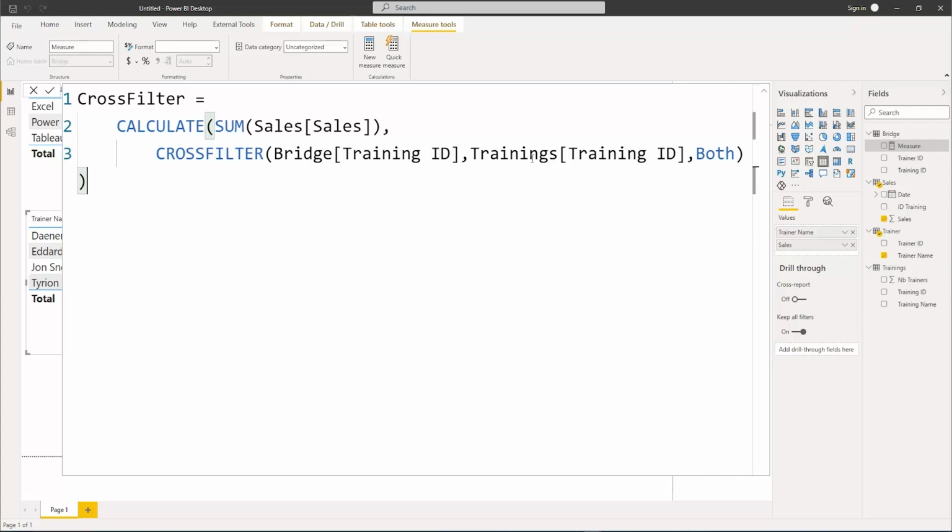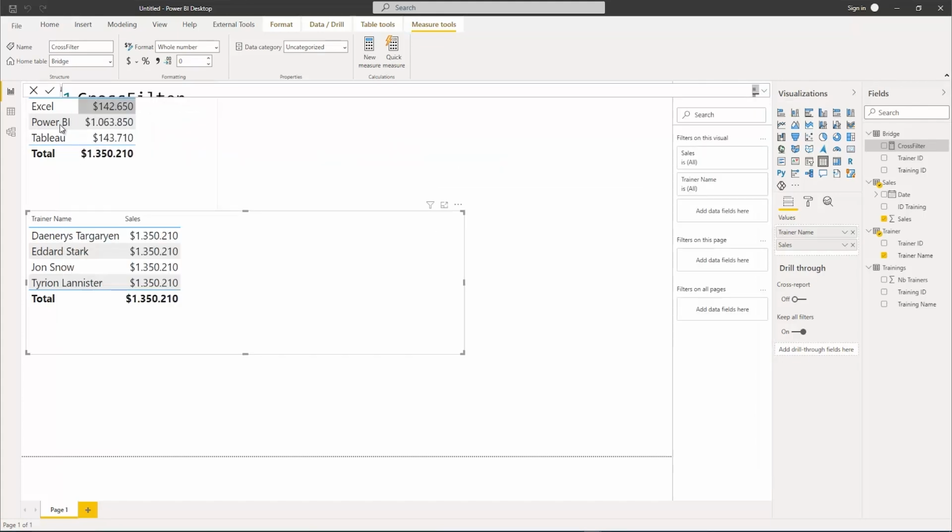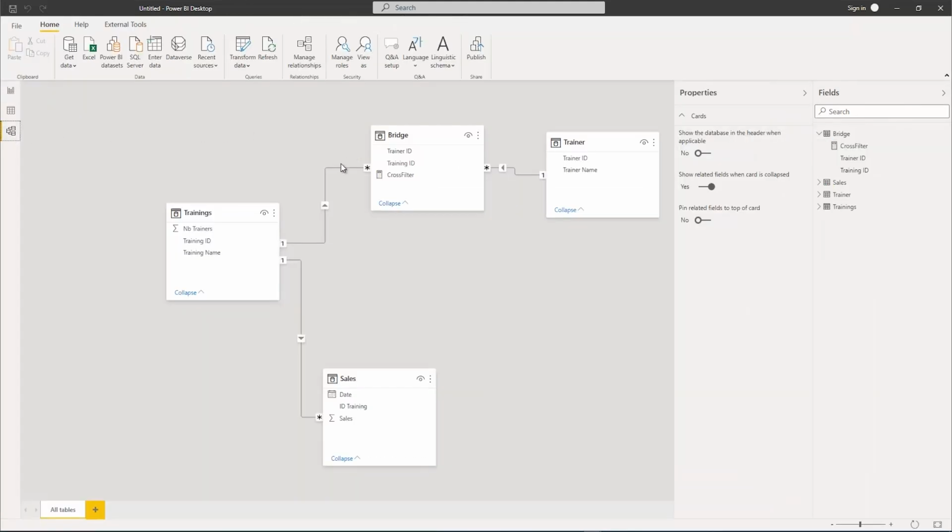We say we would like to have a bidirectional relationship, so cross filter in both directions, but only for this specific DAX expression between the bridge table training ID and the trainings training ID. And we use those two columns. Let me actually first evaluate that. And let's go back to the model view just to see it, because we do it between those two columns here, right? If I hover over that, the training ID from the bridge table and the training ID from the